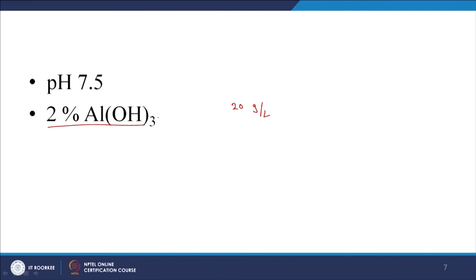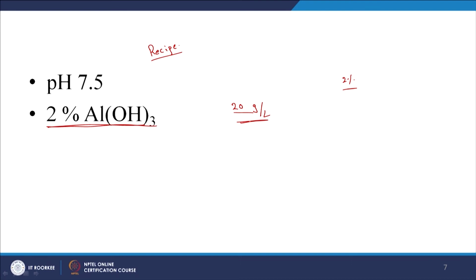So here again I guess I'm getting ahead of myself. Let's say it's a recipe problem, as in I know what I am putting into the solution. So I am adding Al(OH)3, or aluminum hydroxide sludge, at 2% concentration. So 2% per kg, it's going to more or less be 20 grams per liter. So that's what we have here, and the molecular weight of Al(OH)3 is going to be, okay,